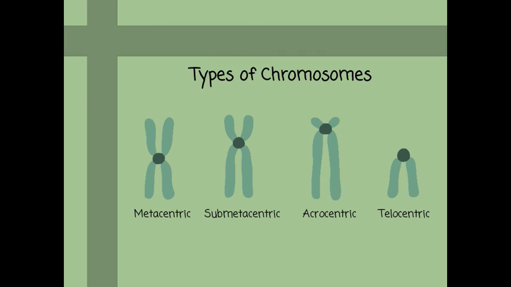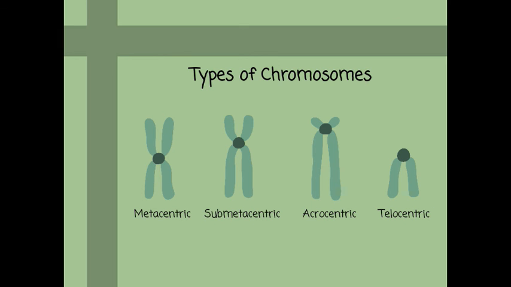The metacentric chromosomes are X-shaped chromosomes with the centromere in the middle so that the two arms of the chromosomes are almost equal. In a normal human karyotype, 5 chromosomes are considered metacentric: chromosomes number 1, 3, 16, 19, and 20. Then the second type is submetacentric chromosome. It is a chromosome whose centromere is located near the middle. As a result, the chromosomal arms, P and Q arms, are slightly unequal in length